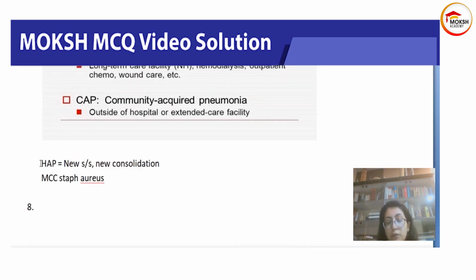How will you understand whether this is community acquired or hospital acquired? It is important that you see the timeline. If the patient comes with a complaint of pneumonia, or develops pneumonia within 48 hours, then it is community acquired. What do we mean by developing pneumonia? He'll start presenting with features of fever, cough, and other features, and then the next day you will see a new consolidation which was not present when the patient was admitted. That is how you will realize that this is hospital acquired pneumonia, not community acquired pneumonia.